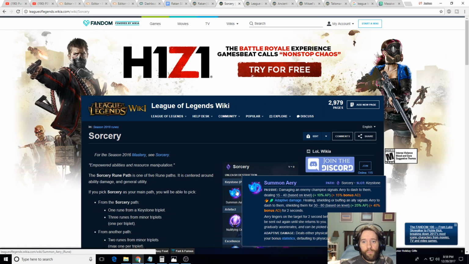Now, healing, shielding, or buffing an ally signals. Now, one interaction that would be interesting to consider is Font of Life. I hadn't really thought of that until just now. Now, it stays on them for 2 seconds. But if you have...